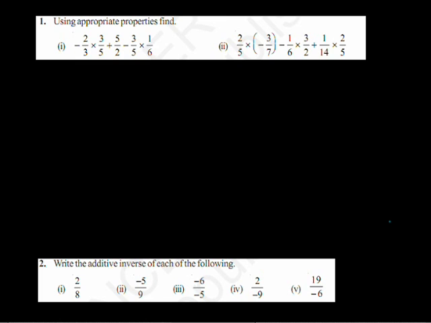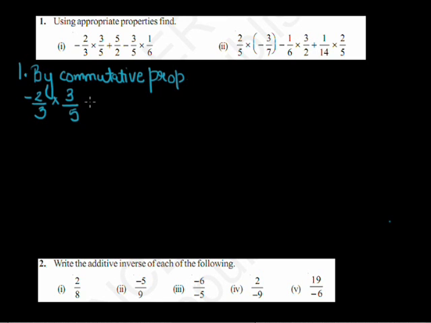Okay, so in the first part, by the commutative property, I can write that minus 2 upon 3 into 3 upon 5 minus 3 upon 5 into 1 upon 6 plus 5 upon 2. Now I can use the distributive property and take 3 upon 5 common, which is coming in the first two terms. So by distributive property,